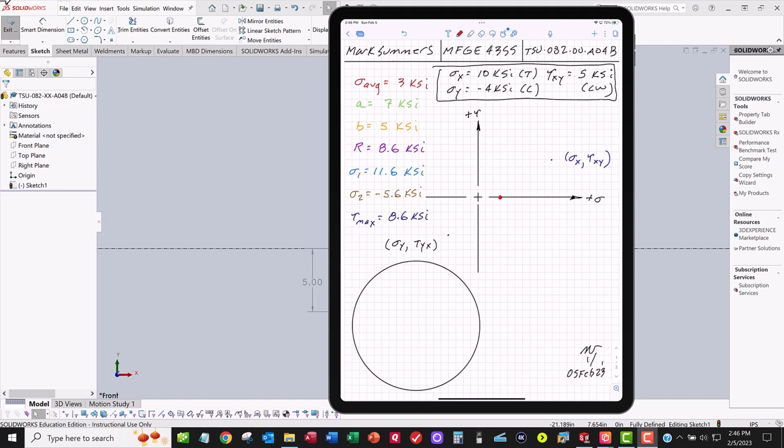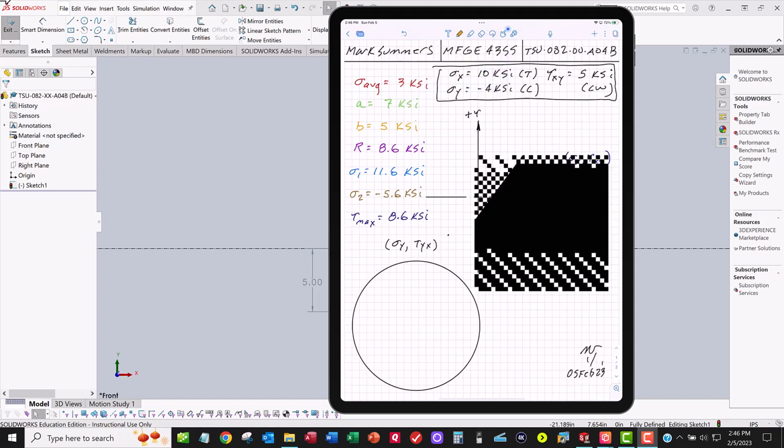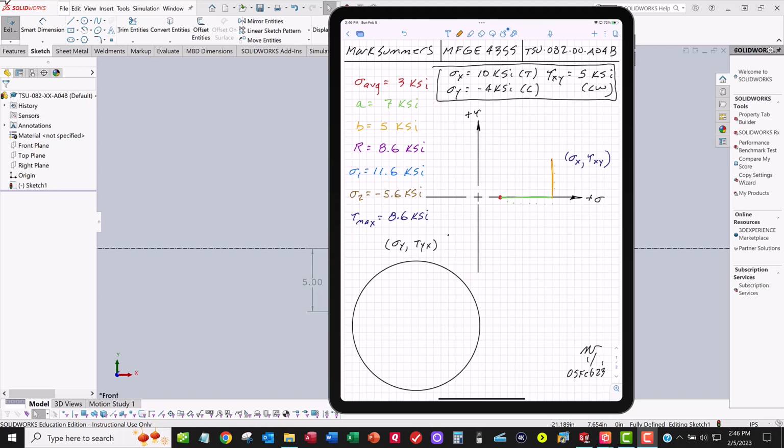I'm going to now do the green, which is a value called A. We calculated that as 7, so we're going to draw that line right here. This is A: 1, 2, 3, 4, 5, 6, 7. So that takes care of that. Now we'll take a look at B. B is this vertical distance here: 1, 2, 3, 4, 5. So that point right there is